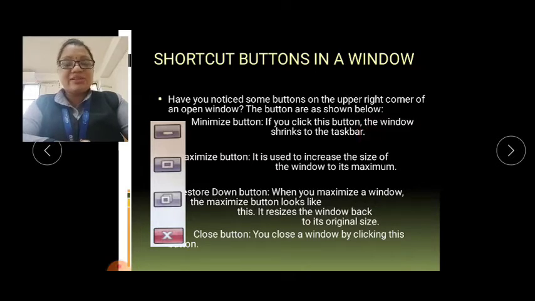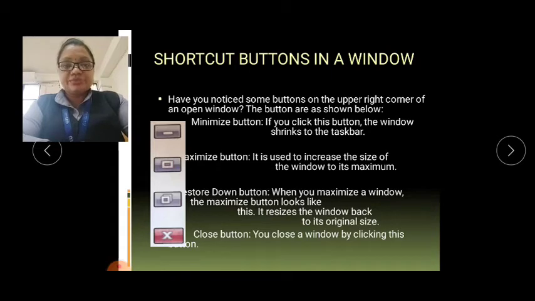Suppose हम इस बटन के ऊपर क्लिक करते हैं तो विंडो क्या हो जाती है? श्रिंक यानी स्मॉल हो जाती है और वो कहाँ चली जाती है? ऑन द टास्क बार के ऊपर. टास्क बार के ऊपर वो स्मॉल होके चली जाती है. Right. Now the next is this maximize button. The maximize button is used to increase the size of the window. Maximize. Suppose आपकी विंडो स्मॉल आ रही है डेस्कटॉप के ऊपर और if you want this window to be maximized, bigger in size, at that time you have to click this maximize button.